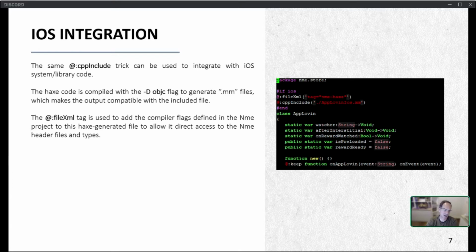In this particular case, I've added the file XML tag to inject this tag equals NME Haxe metadata into the file, into the build system, and doing so means that when it compiles this generated file, it'll also include all the compiler flags and header files that are generally associated with NME, which is some headers into the iOS system and native NME types like images or whatever you want to use.